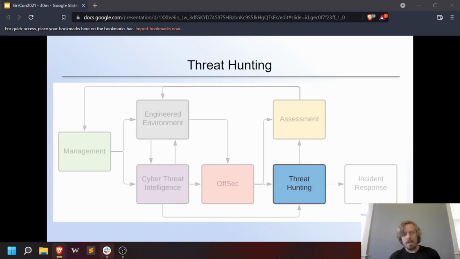So why wait to hunt until after we do actor emulation? Well, because now we have a control. And during the actor emulation, we've already tested at least four things. We've tested our protection measures, our detection measures, analyst capabilities to properly triage and respond to those detections, and probably tested our SOC playbooks for relevancy.